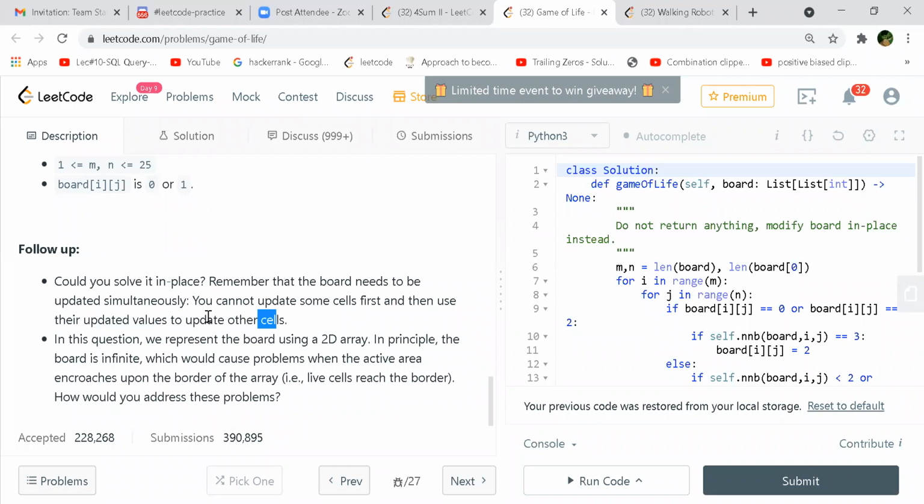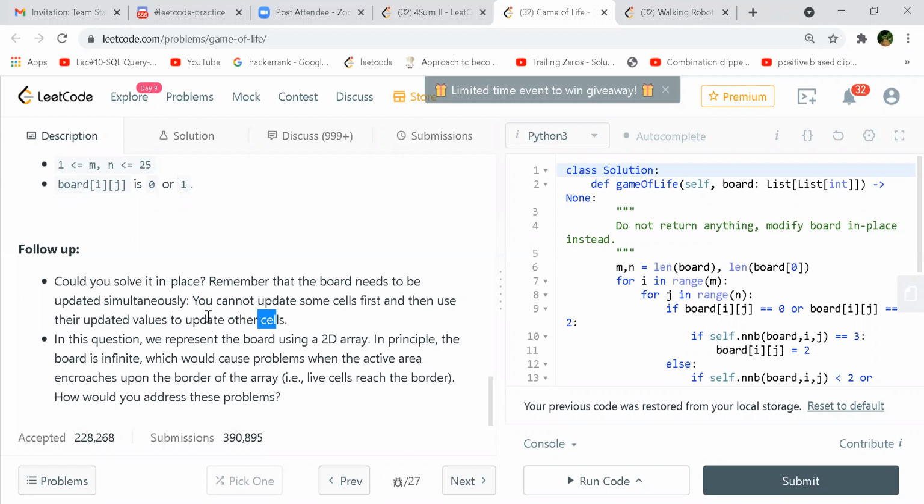So now when we come to the follow-up, what they want us to do is first do it in place. When we are doing it in place, it means that we are allowed to modify the input array. But if you modify, you need to keep in mind that some of the cells' values become different.